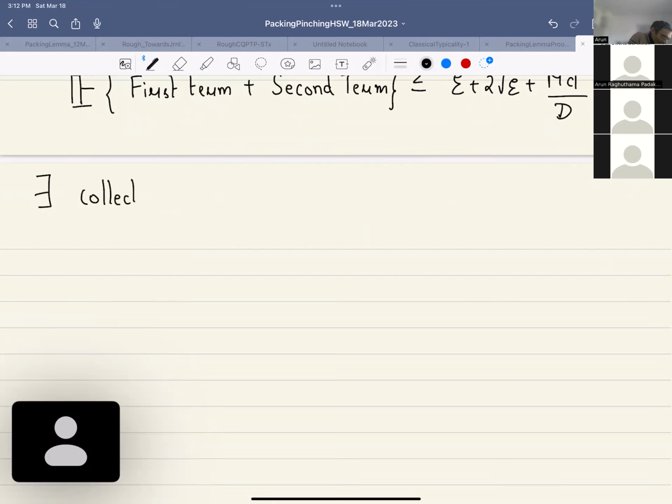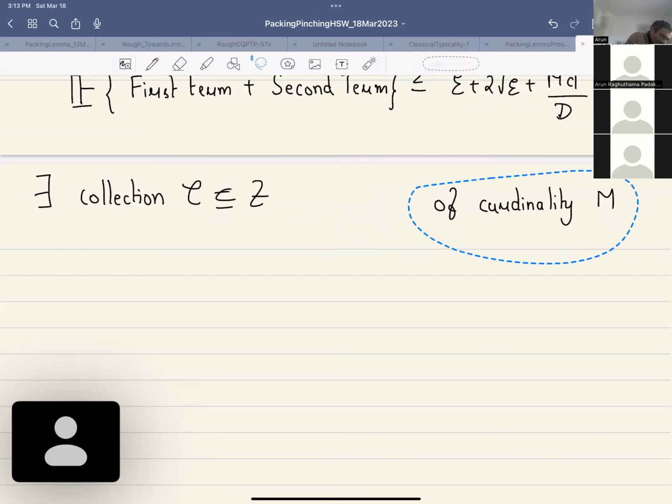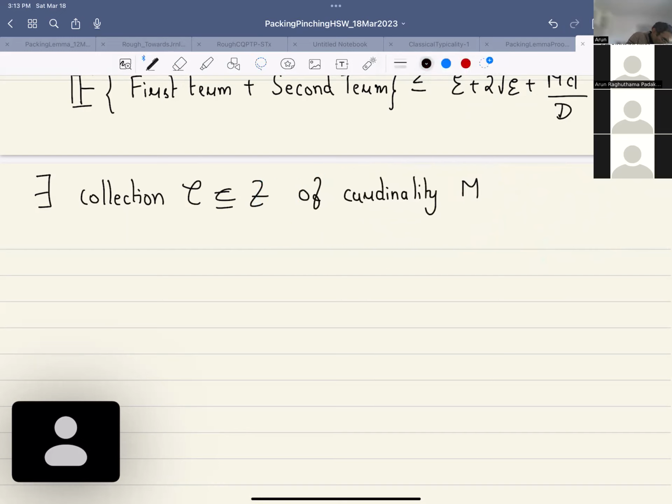That's exactly what the packing lemma says. There exists a collection C sitting inside the set of all possible indices Z of cardinality M, C equal to C1 all the way until Cm, such that